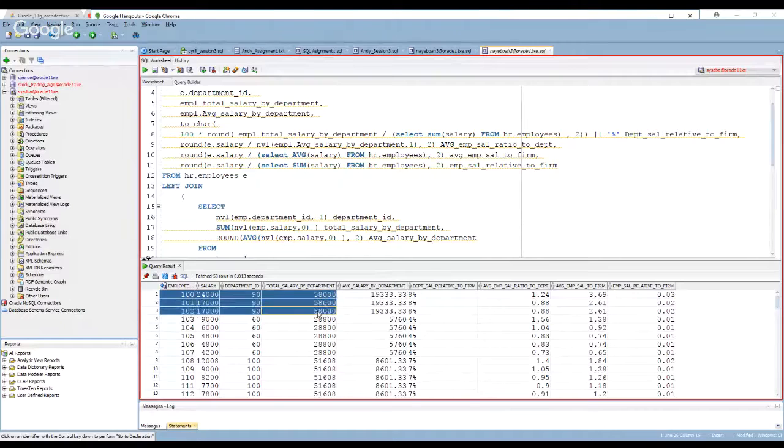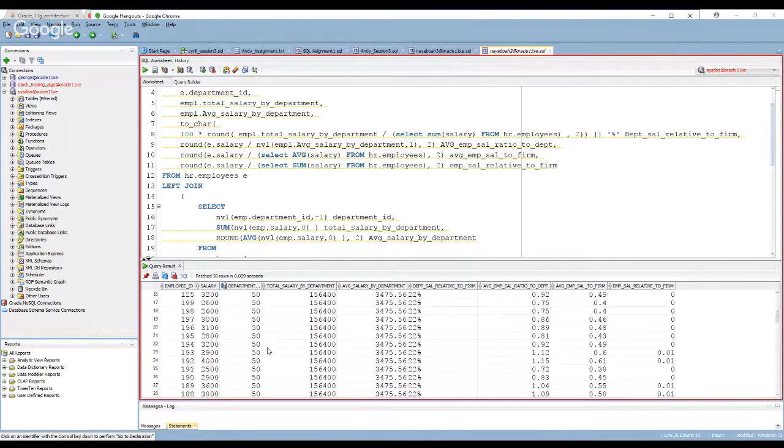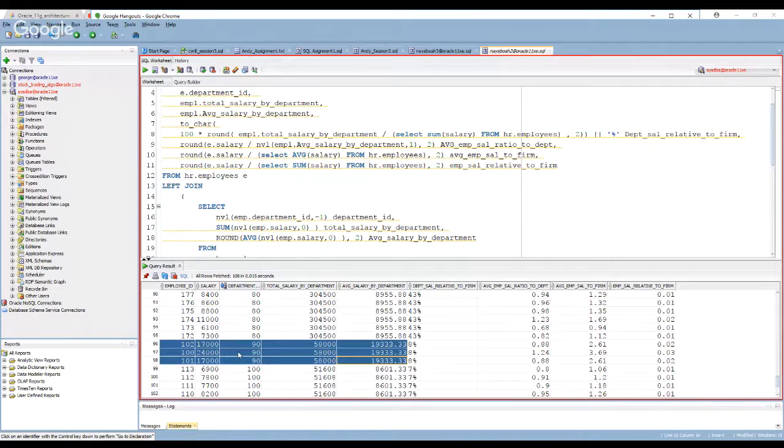I'm just going to highlight these records. We have 3 people in department 90, I think. Let me sort it out again. Yeah, there were 3 people in that department. So this is the record set we should focus on from a solution standpoint. One person makes 17,000, the other guy makes 24,000, and the other guy also makes 17,000. So the total salary is 58,000, as you show here.